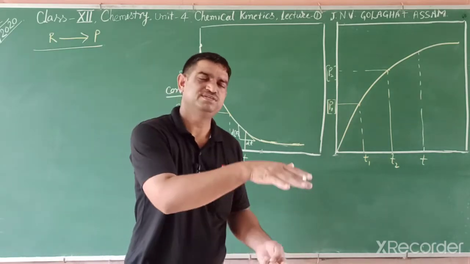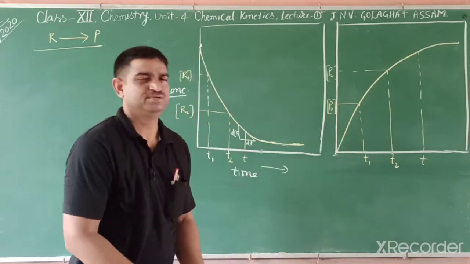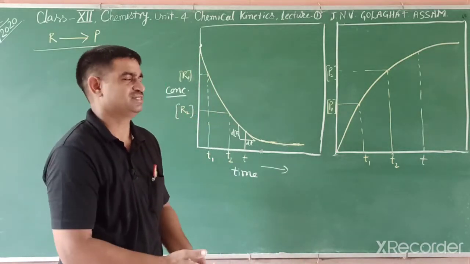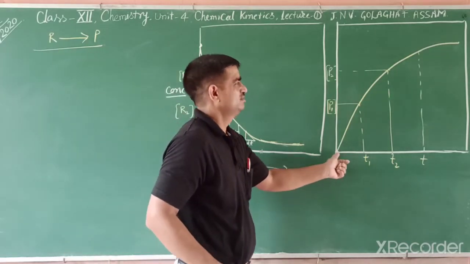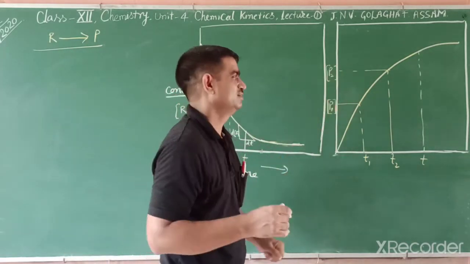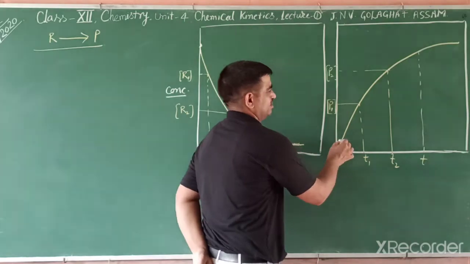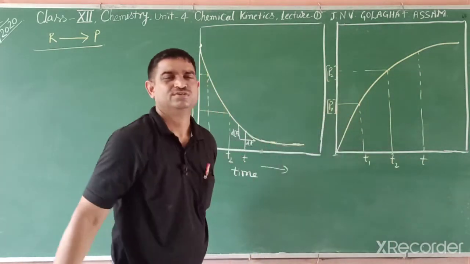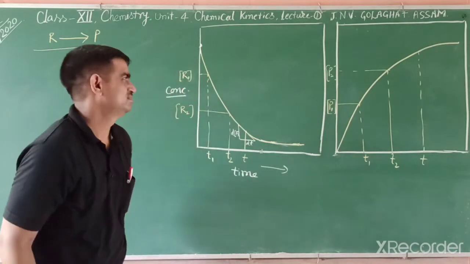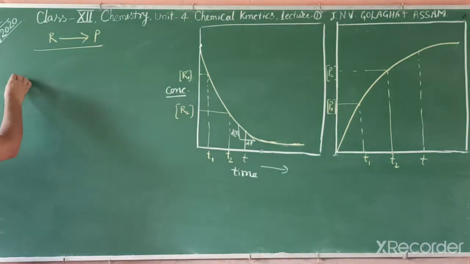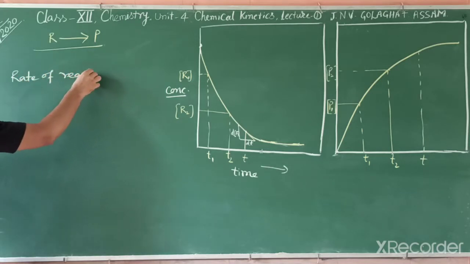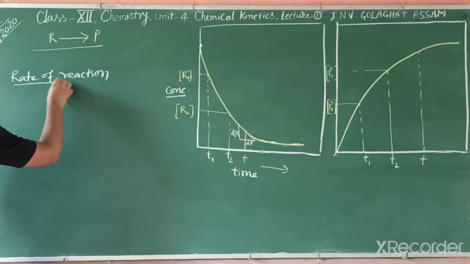At first we dig inside the earth and then we put the bricks, the first means the starting point, and then we get the whole building. In a similar way, a reactant converts into product and after some time it becomes constant. So how can we find the speed? So the rate of reaction, there is a formula. How can we write it for any compound?